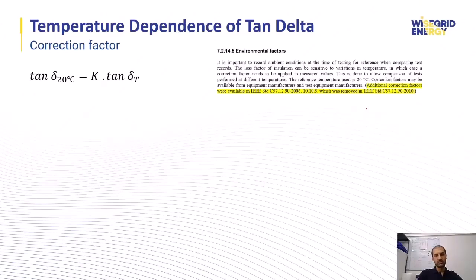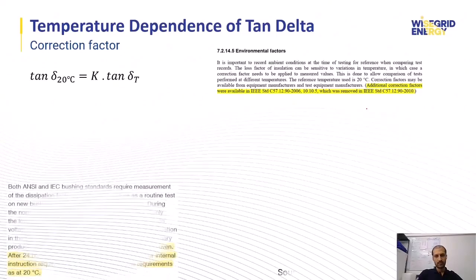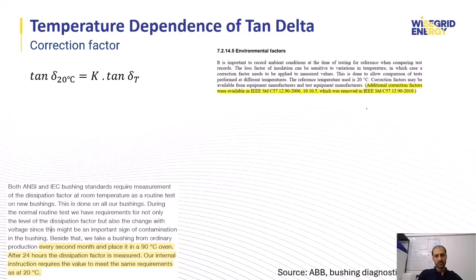Now the manufacturer must provide a specific temperature correction factor for their equipment, because a single correction factor cannot be universally applied to all devices. This is because tan delta depends on conduction and polarization losses, which vary significantly depending on the insulation materials and construction. For instance, ABB's guidelines for bushing tests recommend performing routine tan delta tests at 90 degrees and